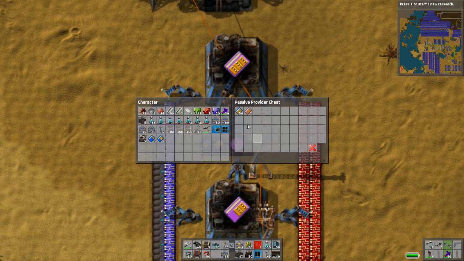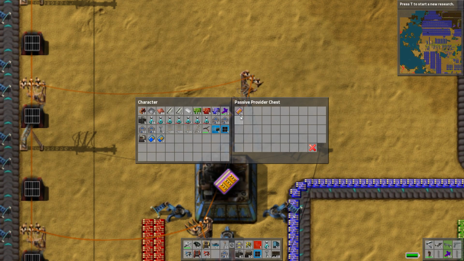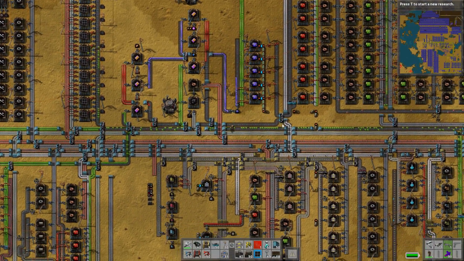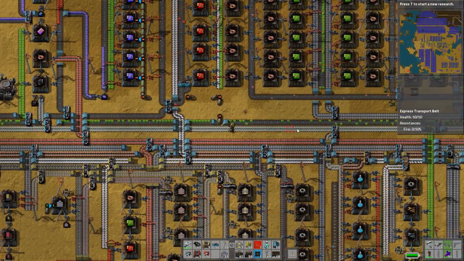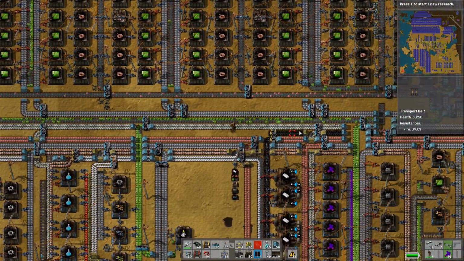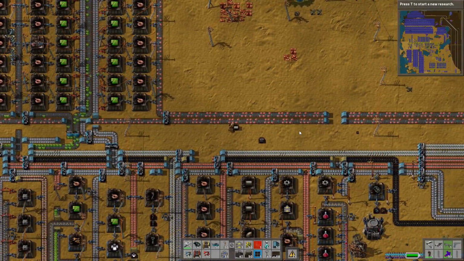We're still building these things. There's 7 of them in there. I think we need 50, so we got quite a ways to go yet. Let's head over here and see if our solar panels actually placed down. I have a feeling they didn't, but